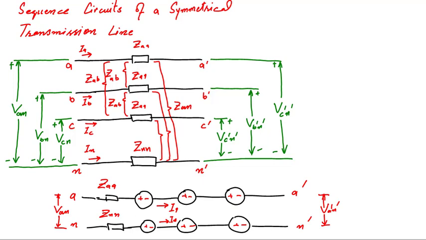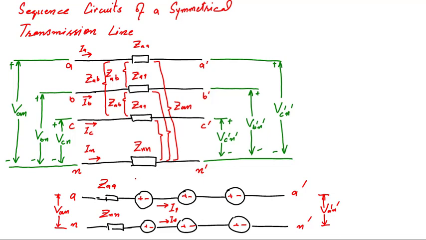In this loop circuit, we have considered phase A and its return path, the neutral. You can see I have shown one self impedance in each of these two lines, and in addition I have shown three voltage sources. What are these three voltage sources? In phase A, the voltage drop will be due to current IA, and there will be induced EMF in phase A, because in the above circuit there is mutual coupling between the phases as well as between phases and neutral. So the voltage induced in phase A will be due to current IB.